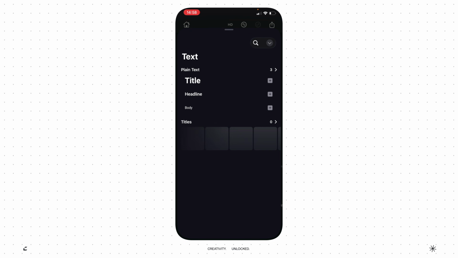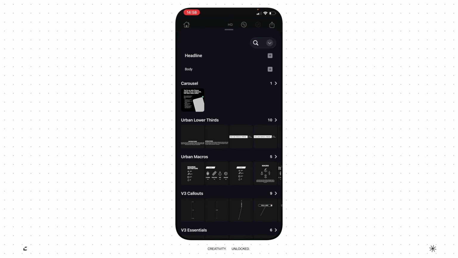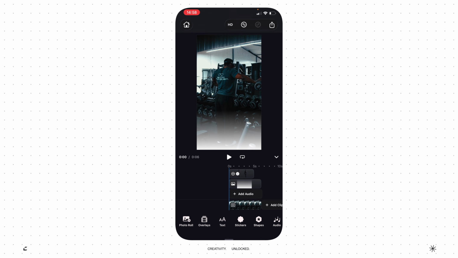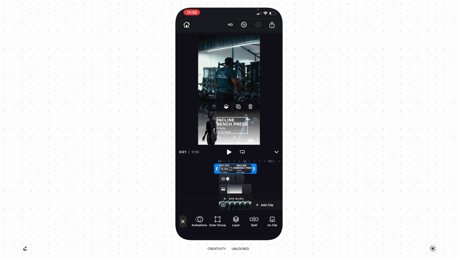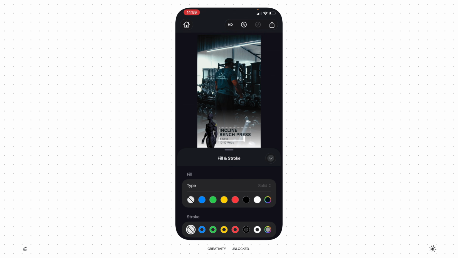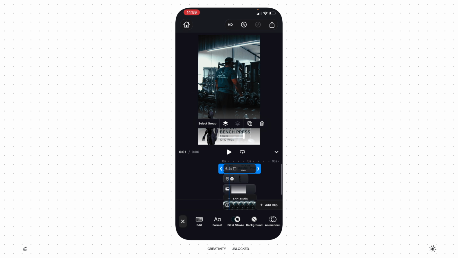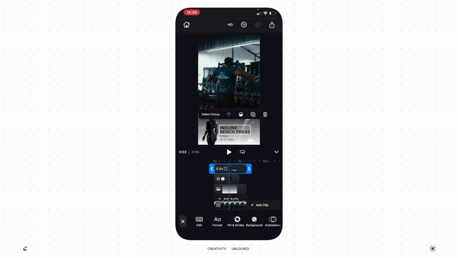And then we can go to our text designs and add our text. There you go. Using our branded colors, we've added our stickers. And since the gym graphic is already animated, we can also animate